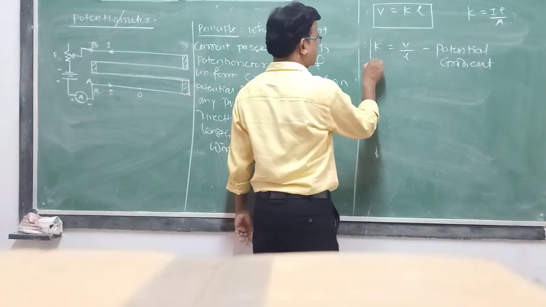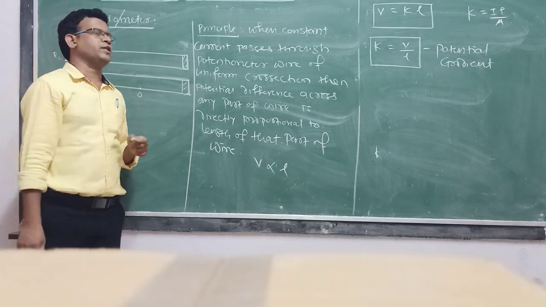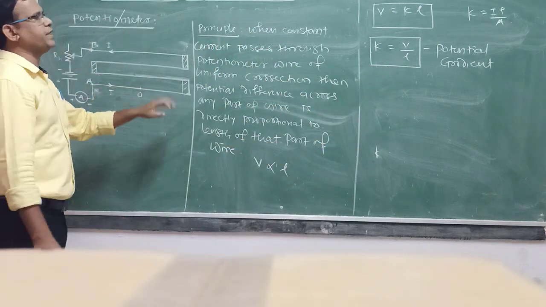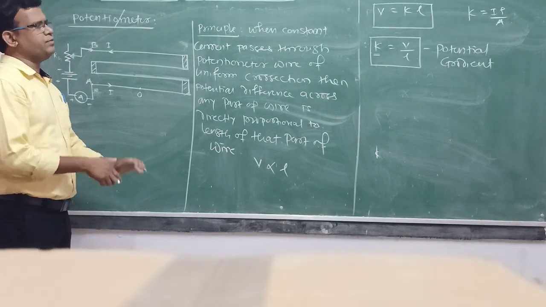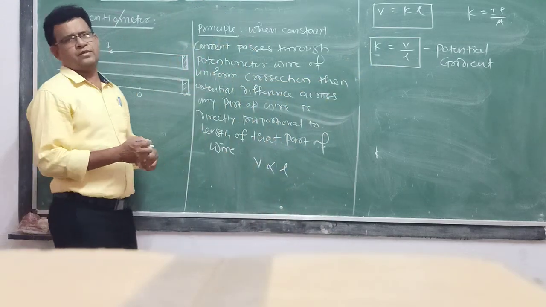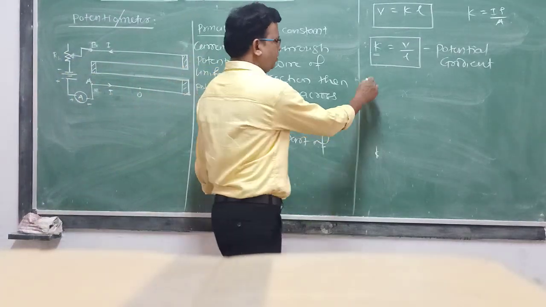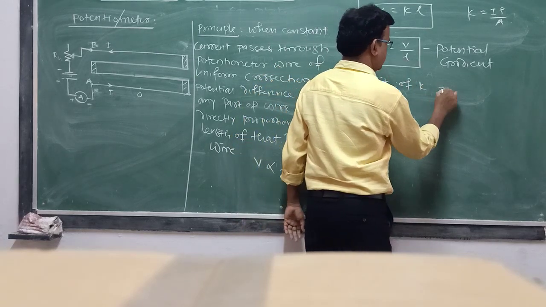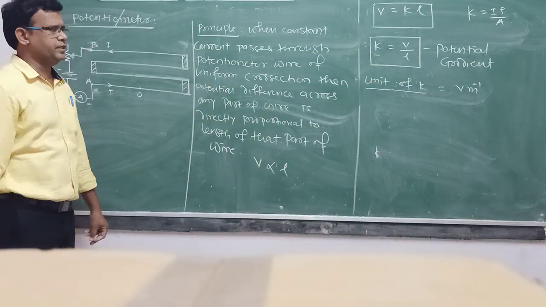Now, on the basis of this K, we decide what? How small a potential or voltage or potential difference a given potentiometer can measure is decided by the value of K. So no doubt different potentiometers may have different values of K, and this K will then decide what? The accuracy or sensitivity of the potentiometer. So again we will see the unit of K is what? This is nothing but volt per meter.